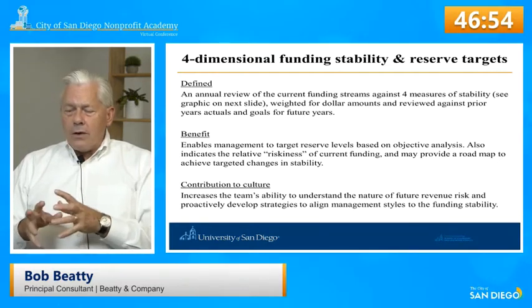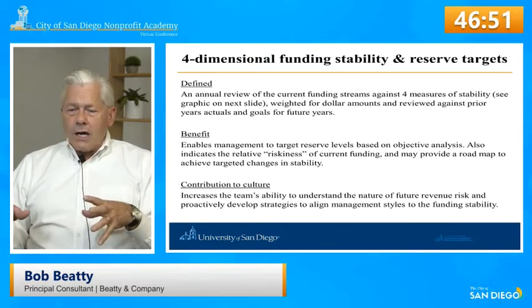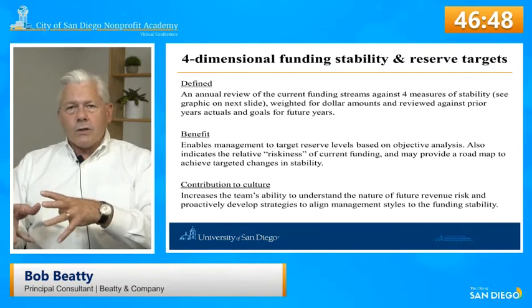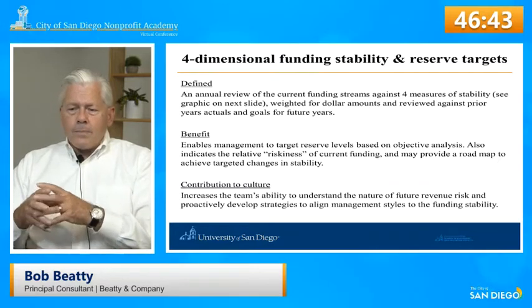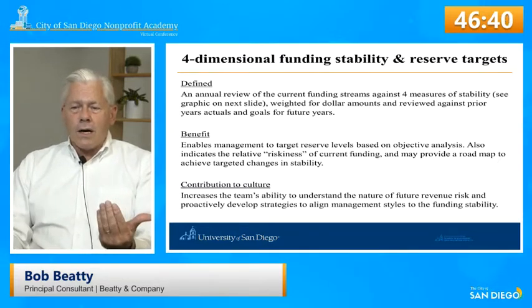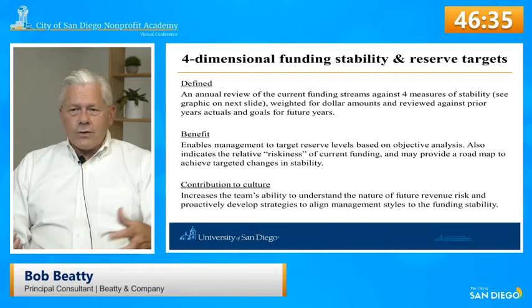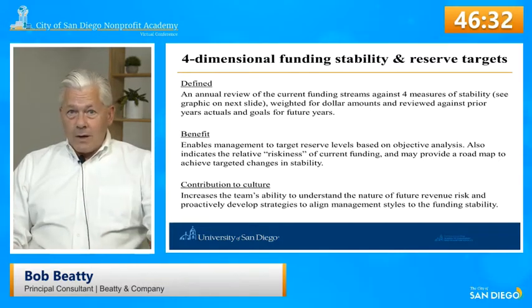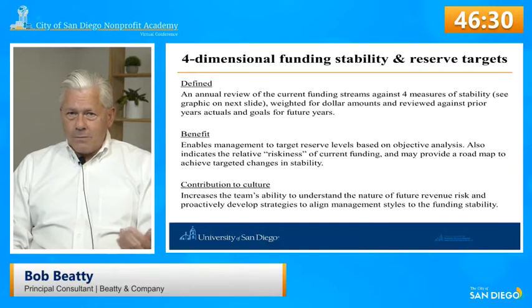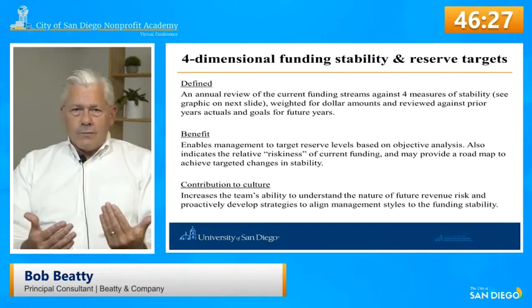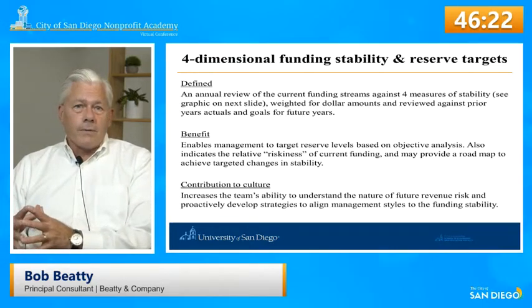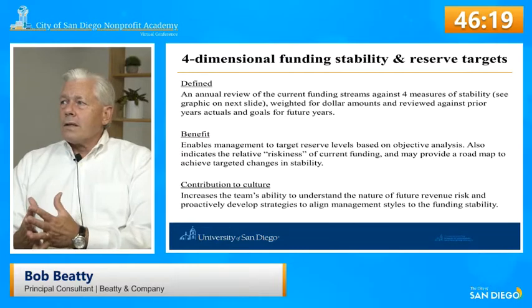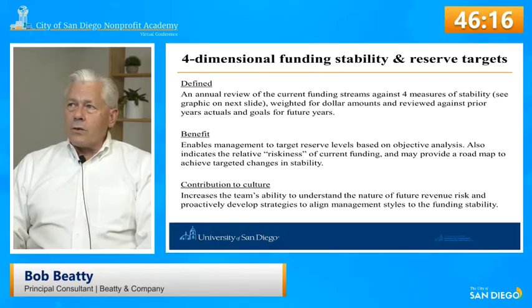It really allows you to align your management team with the nature of the funding streams that you want and are working towards. Because if you keep them too separate, people don't realize that if you've got a highly risky, unstable revenue stream, it might be very big from time to time, but it might also go to zero from time to time. You need to be able to live with that as an organization and accept it as part of the overall funding risk that you're taking on. So let's take a look at the next slide, where we've got this graphic.